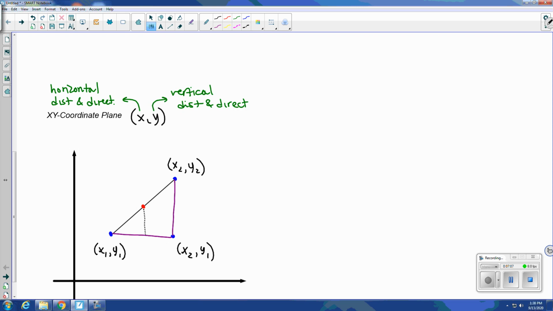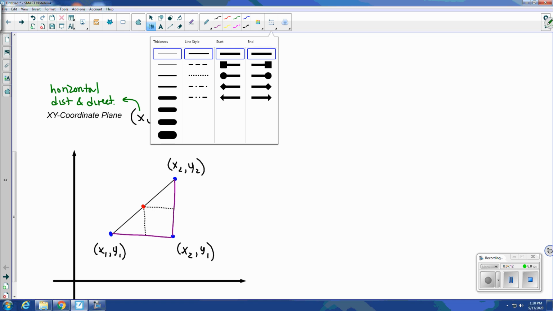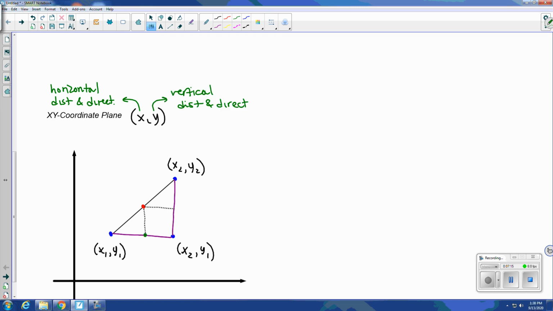If we calculate, again, those midpoint values for the horizontal component and the vertical component. So what's the midpoint value of the horizontal component? Well, we're going to take the average of the pieces of the coordinate that dictate horizontal movement. So that would be the average of the x components. And the midpoint of the vertical segment here would be the average of the y components, and they control vertical